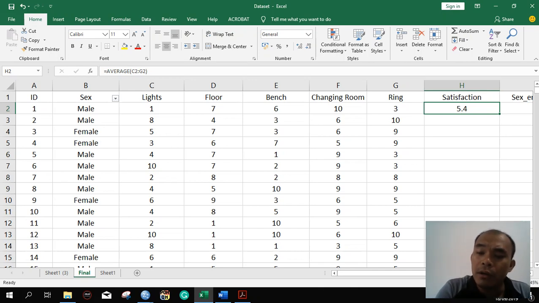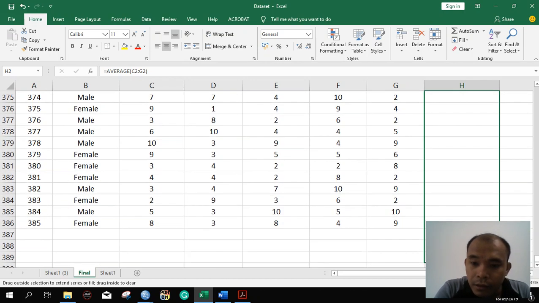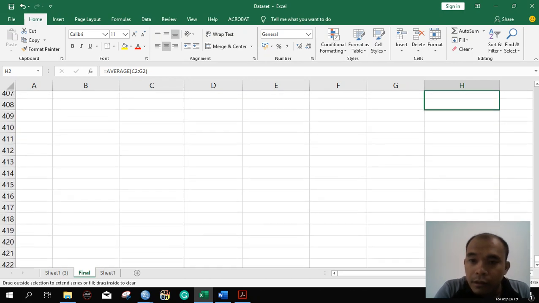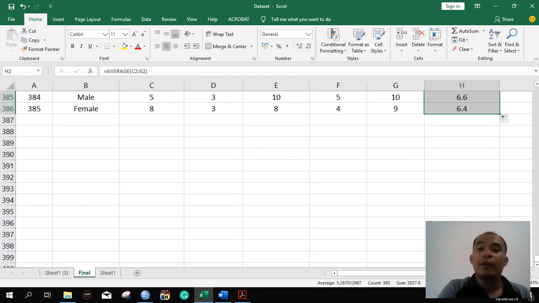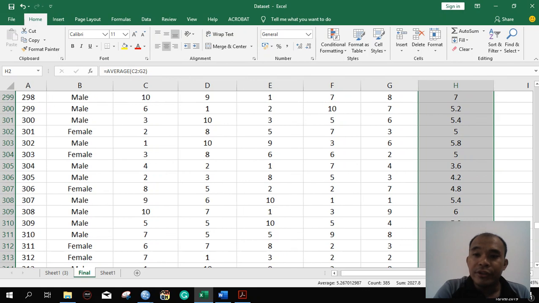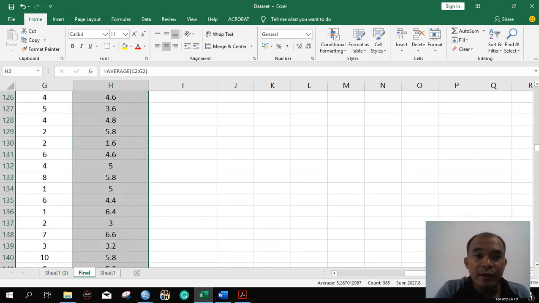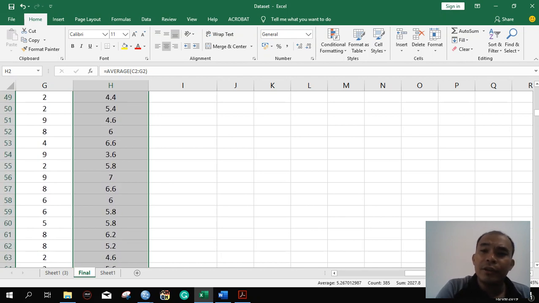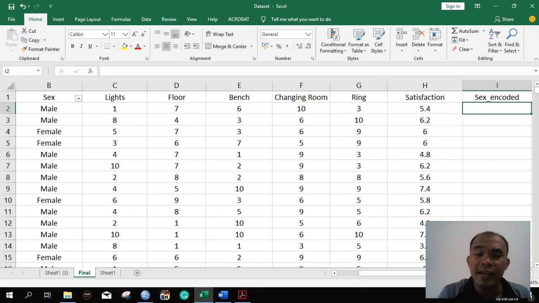So in order to solve all of these, we're going to drag this small square here, and then drag all of these. Okay, so that is our satisfaction level. So we also have another column here, the sex encoded, because in SPSS, guys, male and female,